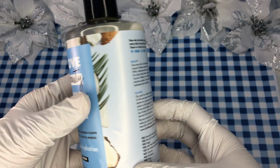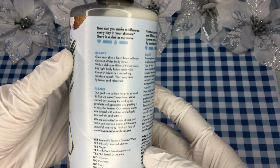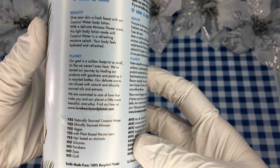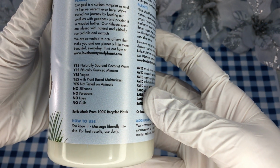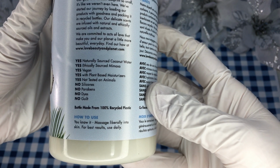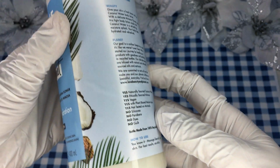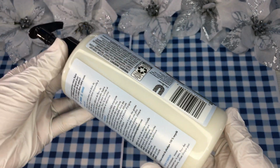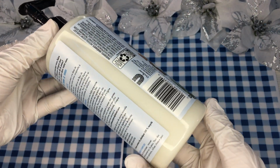This also smells like the coconut water mimosa flower, so it's a planty coconut type of scent. As you can see, this is very, very nourishing. When you use this with your body oil, you will feel so soft, like oh my god. As you can see, no silicones, no parabens, no dyes, none of that. This has a very planty scent, I'm not gonna lie, which makes it go really, really well with